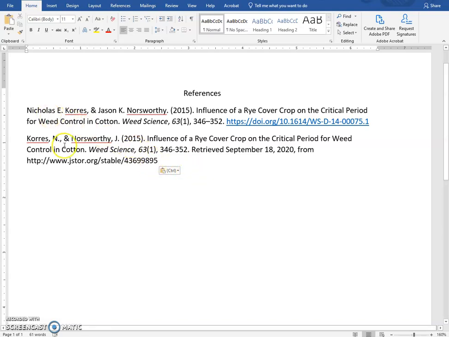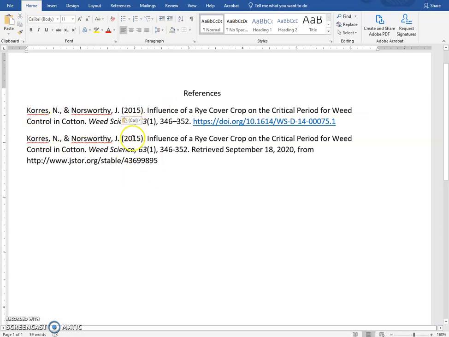First off, you'll notice my authors are different between the two articles. The first one is incorrect. This is definitely not APA style. This one has last name, comma, first initial, period, and then a comma, and then, as I said, that and symbol or ampersand before the last author, who is also last name, comma, first initial, period. This is correct APA. So what I'm going to do is copy this and replace that first one. They both do just the year, which is fine, year in parentheses followed by a period.